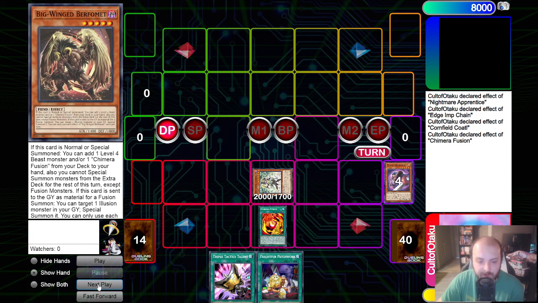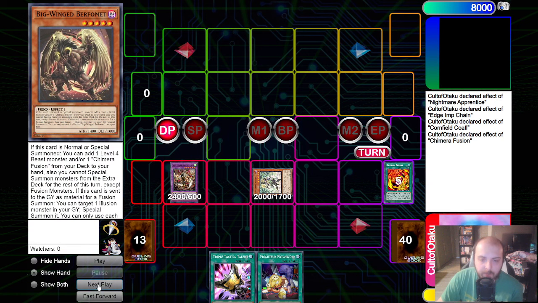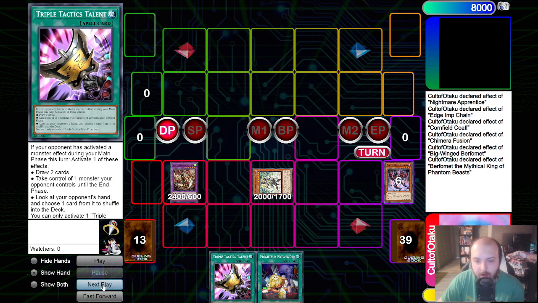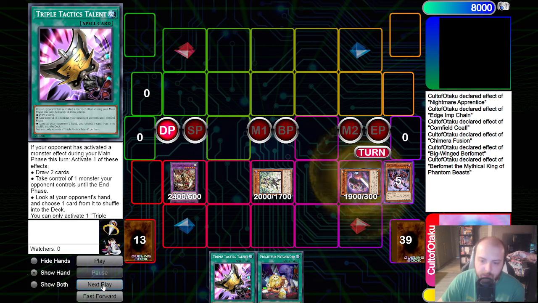the Fusion Baphomet, and then we're going to go chain 1 Baphomet Engrave to summon the Mirror Sword Knight from the graveyard, and then we're going to go chain 2 Fusion Baphomet to dump a Beast, Fiend or Illusion from the deck to the graveyard. Our target of choosing is going to be the oh-so-wonderful Evil Hero Sinister Necrom, which I will explain here in a minute what this does, but we're going to, on chain 1, of course, summon the Mirror Sword Knight from